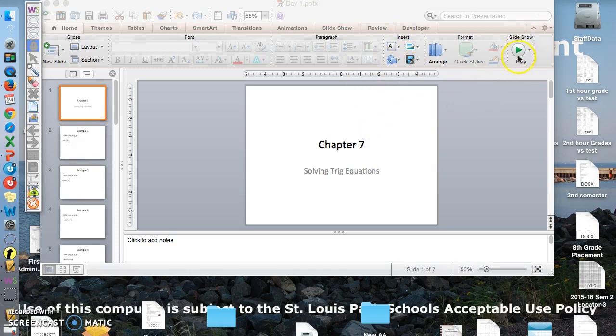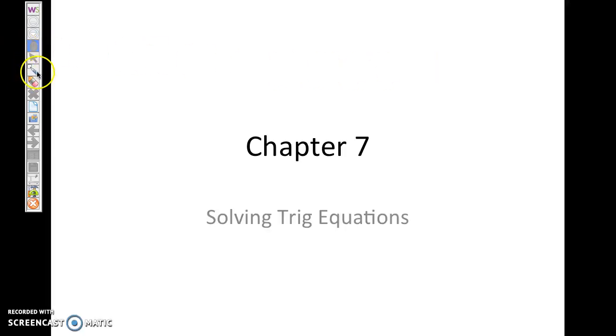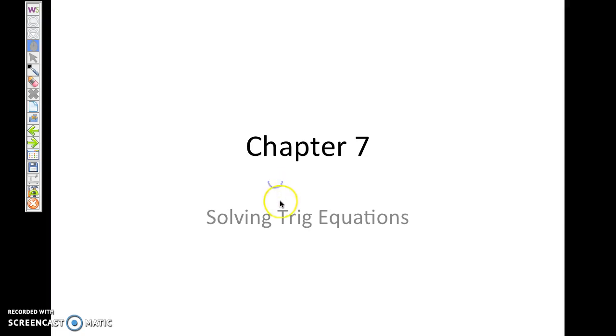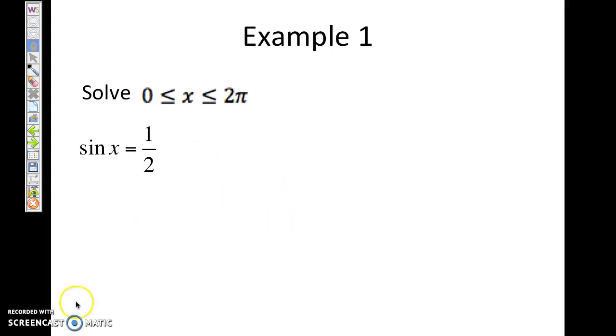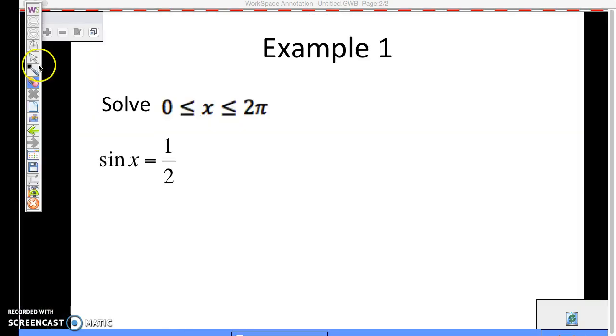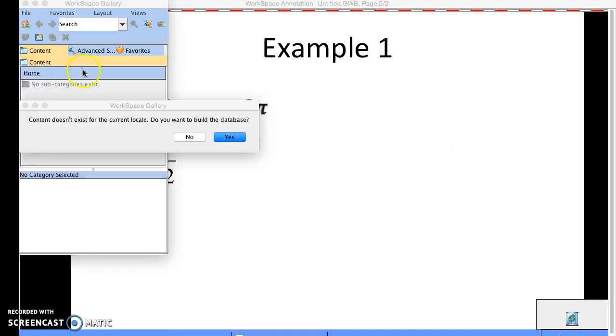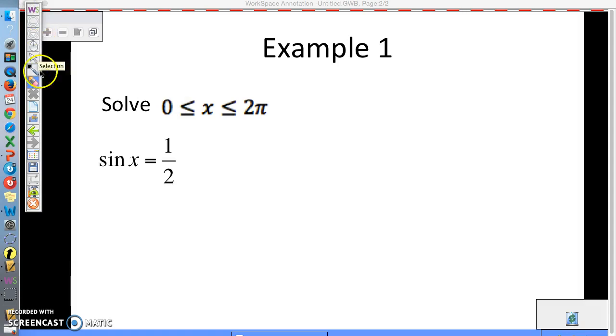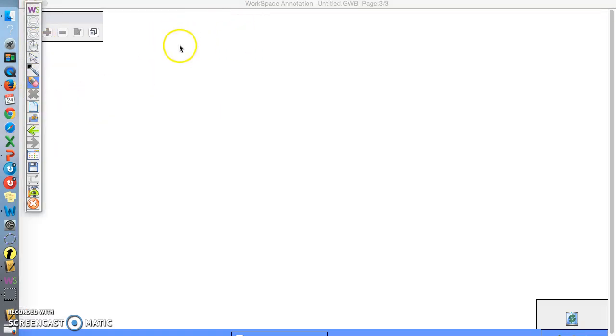So we're going to start by taking a look at Chapter 7, which is solving some trig equations. So let's see here. So let's go back here. A couple things we have to remember. There we go. So we have to remember,